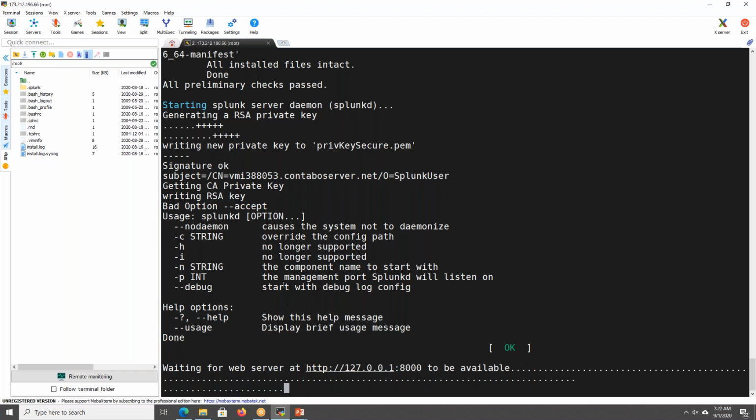So now it will open this web view. It will show you, like in localhost it is showing the port number, in the same way it will give you the full URL which you want to access Splunk. And the web interface runs on 8000.